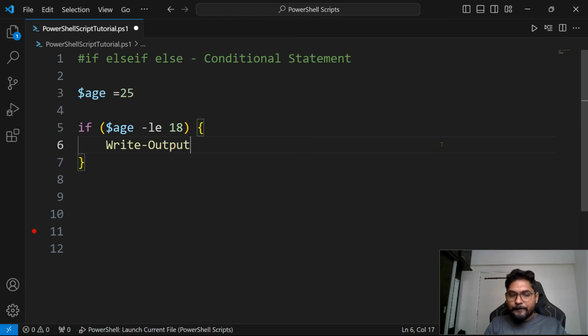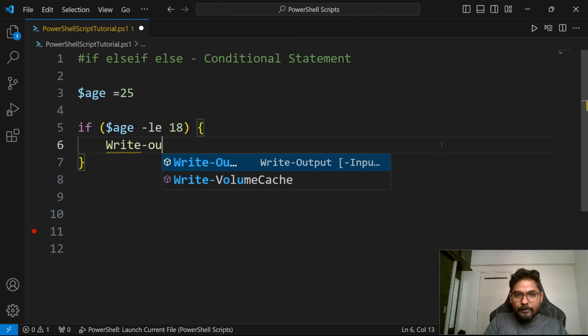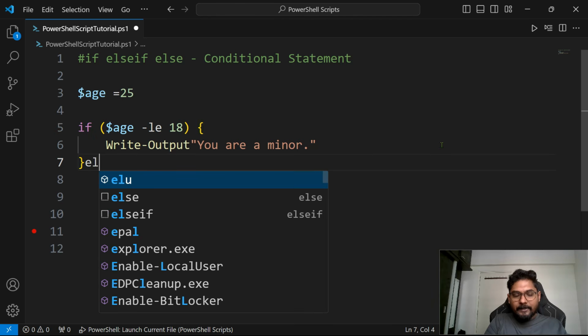Okay, write hyphen output. And here I'm going to say within double quotes, you are output. And then, so for example, if you don't remember whether it is working or not, simply write output hyphen output and hit enter. Then within the double quotes, I'm going to write you are a minor. Okay, done. And then in the next line, the 7th line, I'm going to say